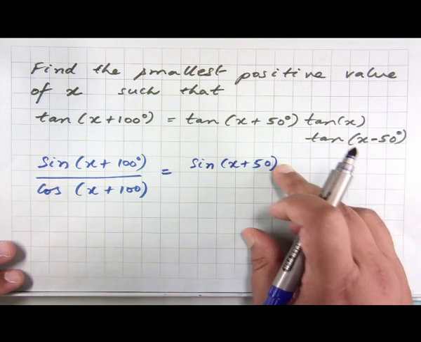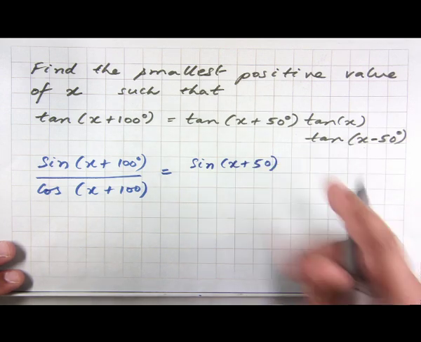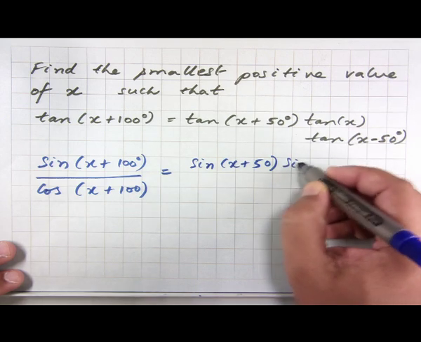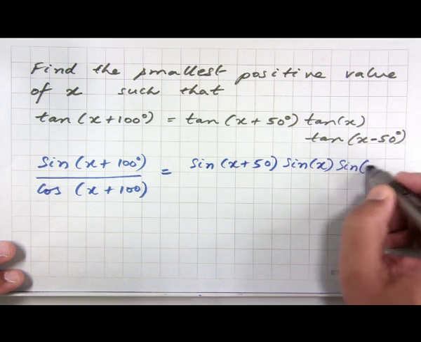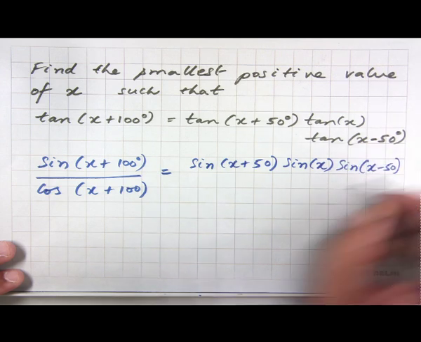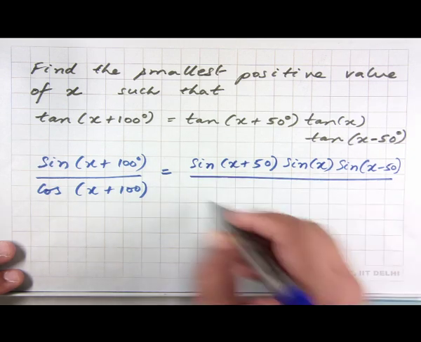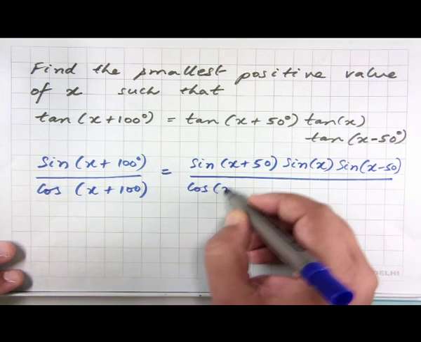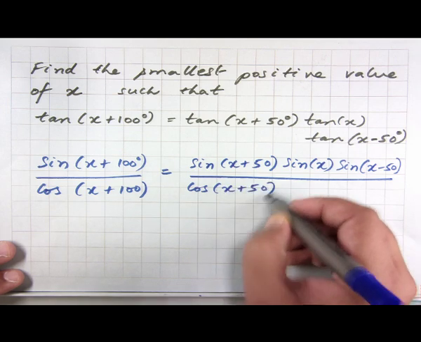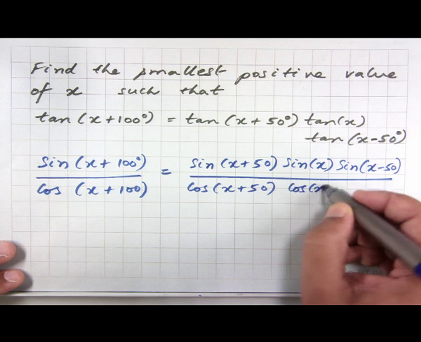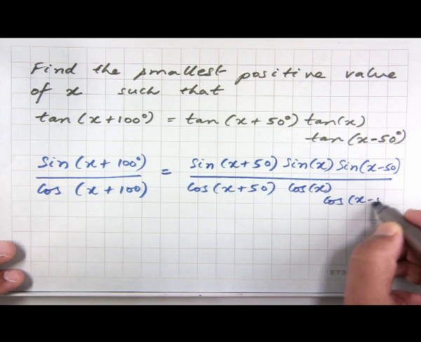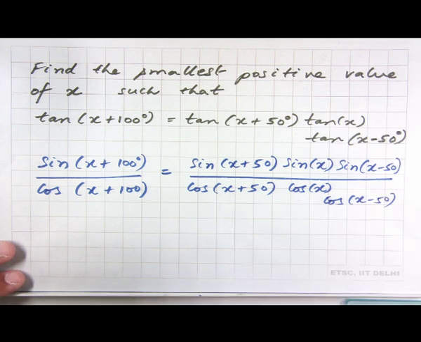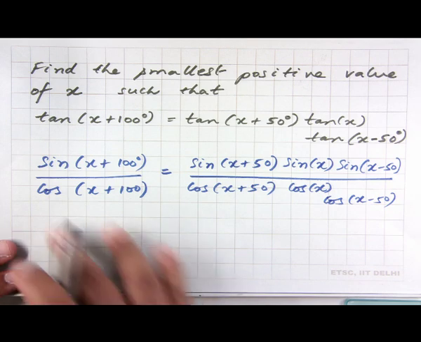So, I am not writing degrees in the interest of time, into sin of x into sin of x minus 50 divided by cos of x plus 50 cos x into cos of x minus 50,